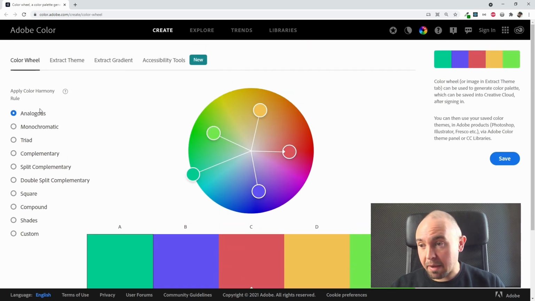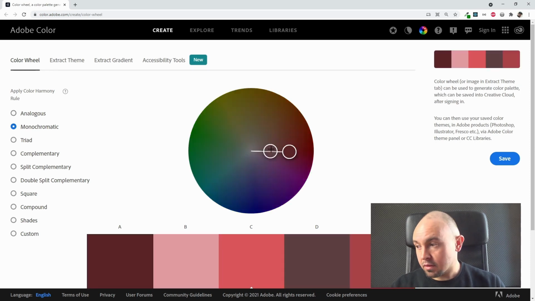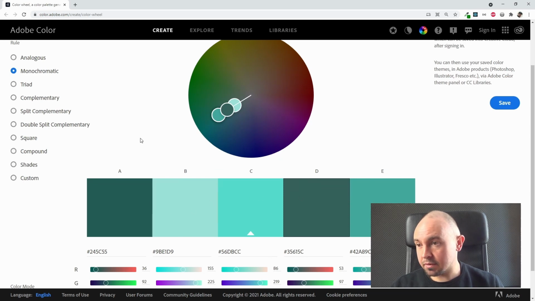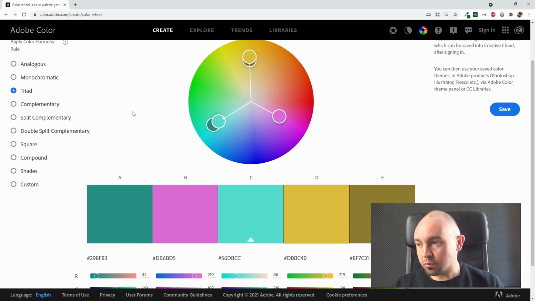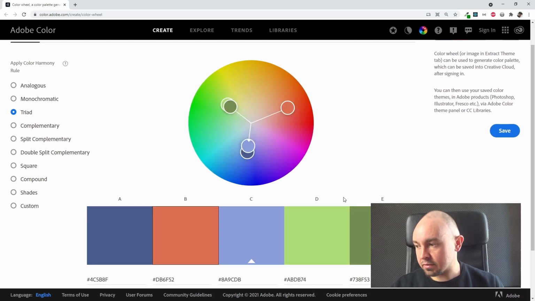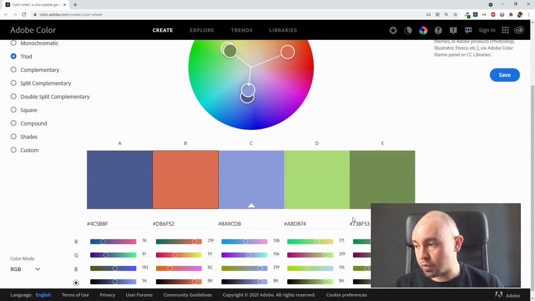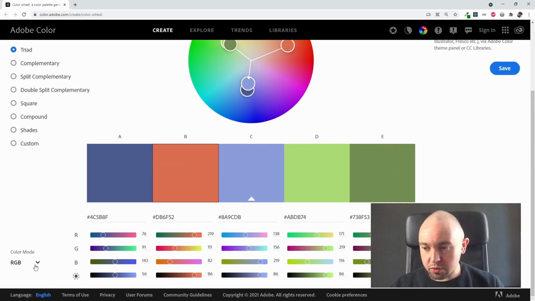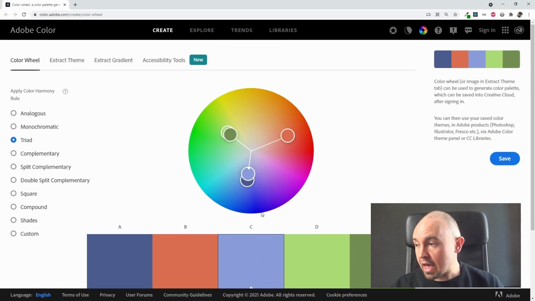Here you can choose many patterns, for example, monochromatic, where you can see those colors are chosen from the same color family. We have a triad, which looks more or less like this. We can change it, play with it, save some color schemes we want. We can choose the color mode right here, where RGB is probably the best for us as web developers. As I said, all the colors are specified in hex numbers, so you can easily copy them and place them